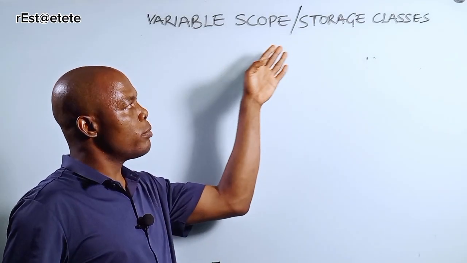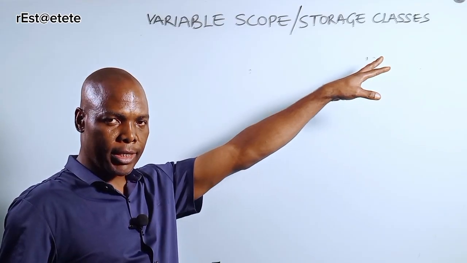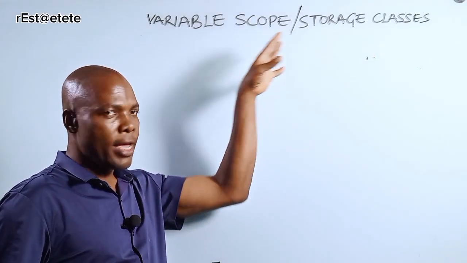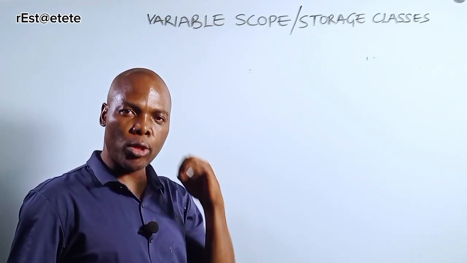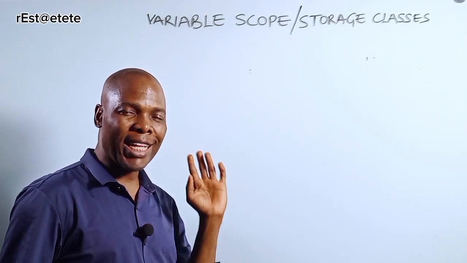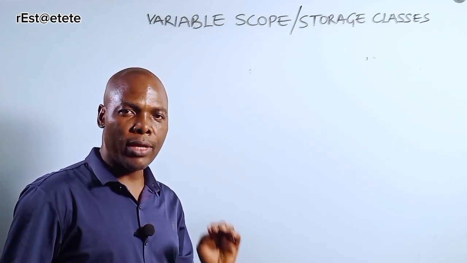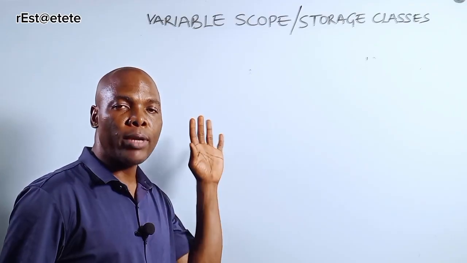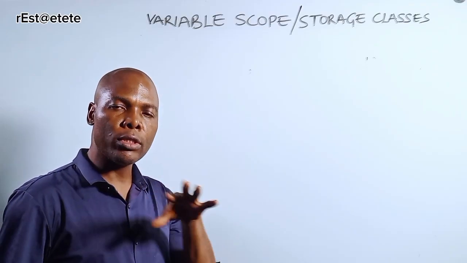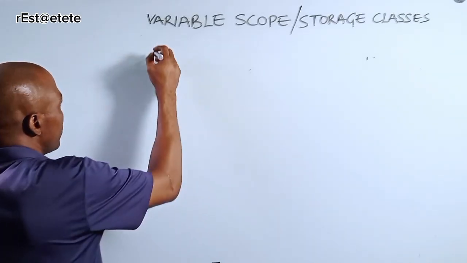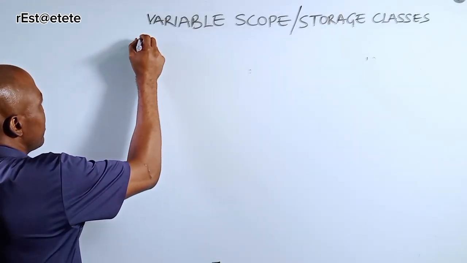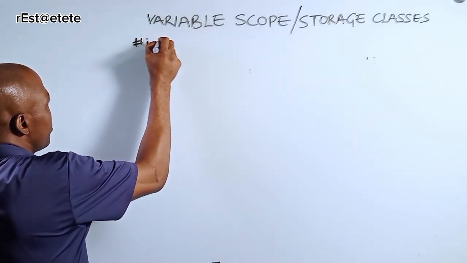Still on variable scope and storage classes, right? I'm just going to write a program to illustrate what I taught you in the last class. I didn't want that class to be too long, so that was why I had to cut it. Now I'm just going to write a program to demonstrate those variables for you to see. Without wasting much time, let's write, say, include